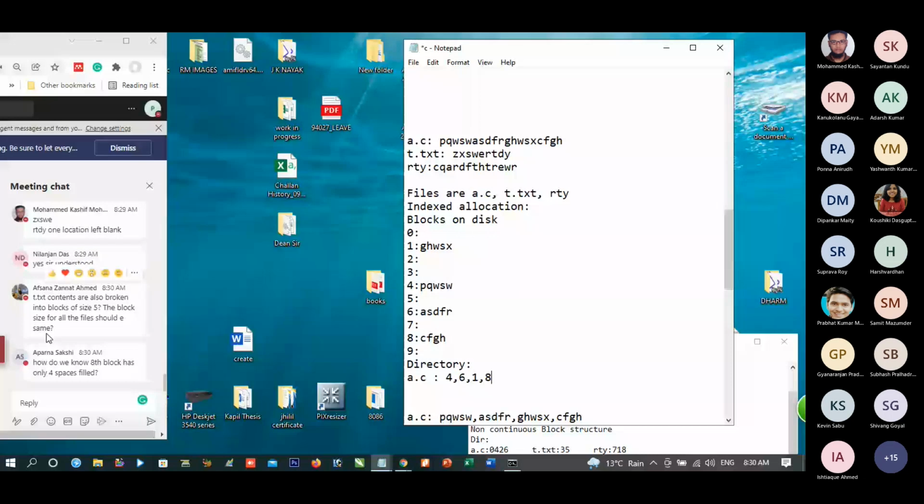Block size for all of them is 5. Because you can see, once a blank comes, we know that nothing is there. So we can know that only 4 spaces are filled.